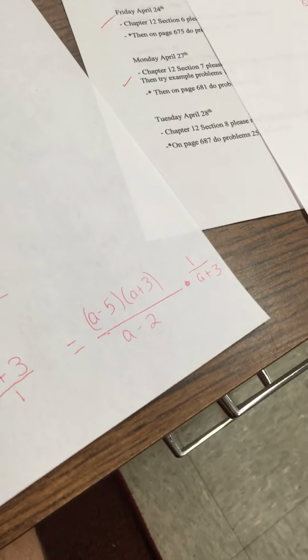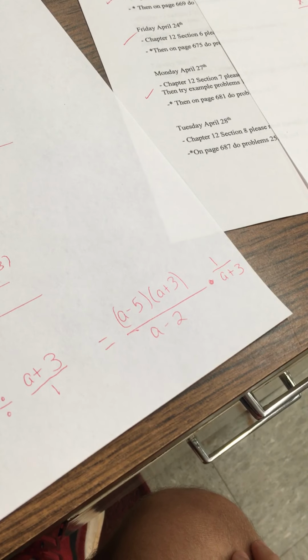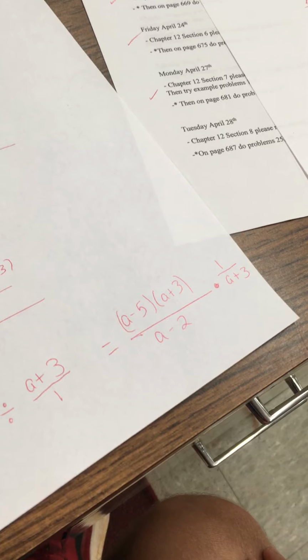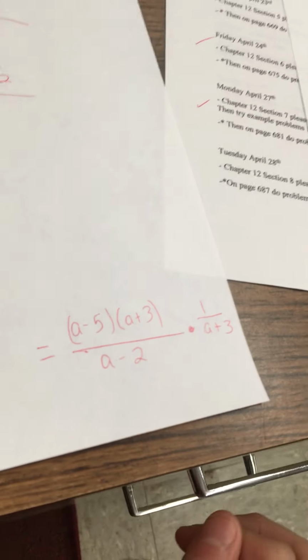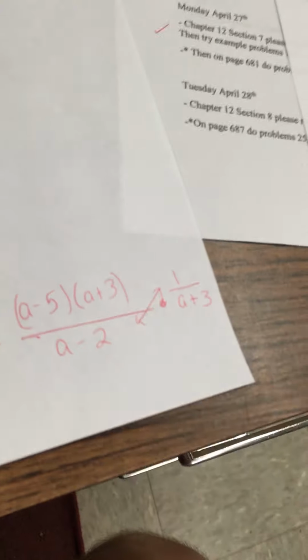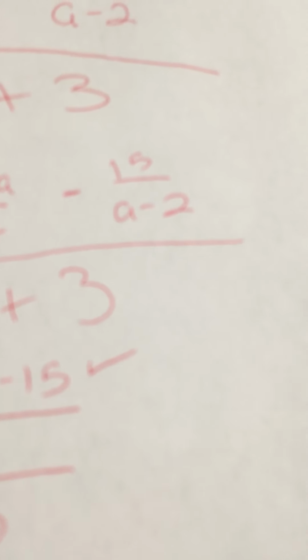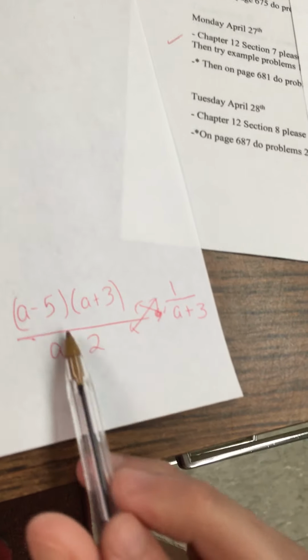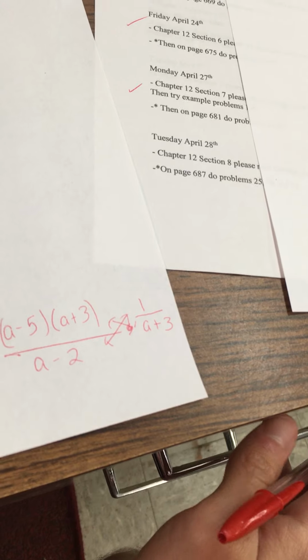Now, what did we do last time when we got to this step on example 3? We cross-factored, correct? Can we eliminate anything when we cross-factor here? If we cross-factor a minus 2 into 1, we don't eliminate anything. But if we cross-factor a minus 5 times a plus 3 into a plus 3, I think we can eliminate